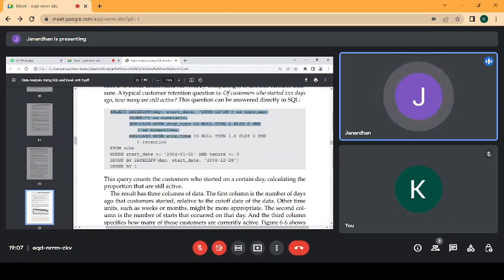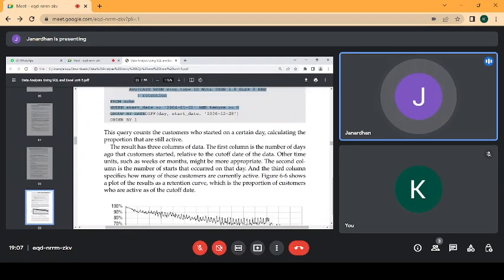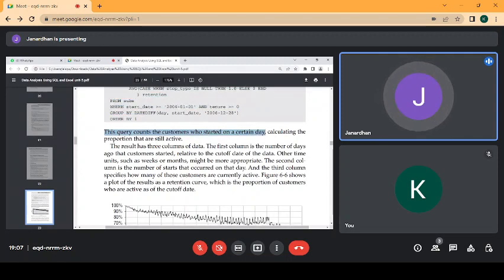Average case when stop_type is null then 1.0 else 0 end as retention from subs, where start_date is greater than or equal to 2004-01-01 and tenure is greater than 0. Group by date difference, day, start date, 2006-12-28. Order by 1. Okay, this query counts the customers who started on a certain day, calculating the proportion that are